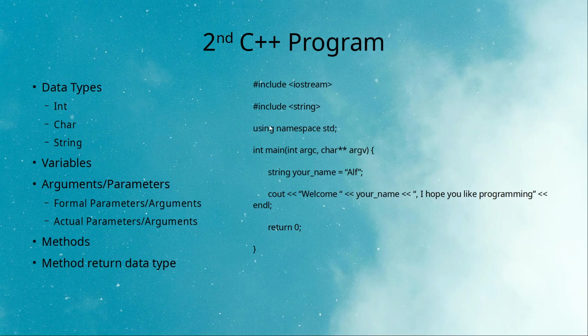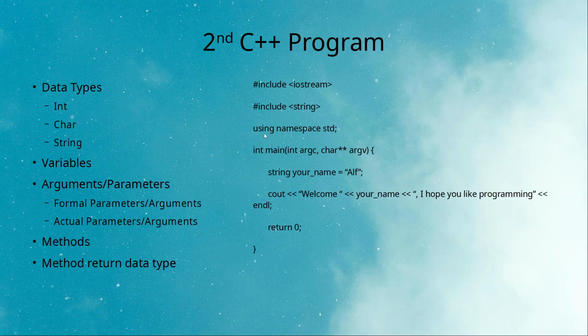So over here, what are we doing? We are including the IOStream library and we are including the string library also. String is actually an extension to C++ data types. Originally, C++ didn't have string. It's not a standard built-in primitive type. It is included via libraries, so we have to include that library.